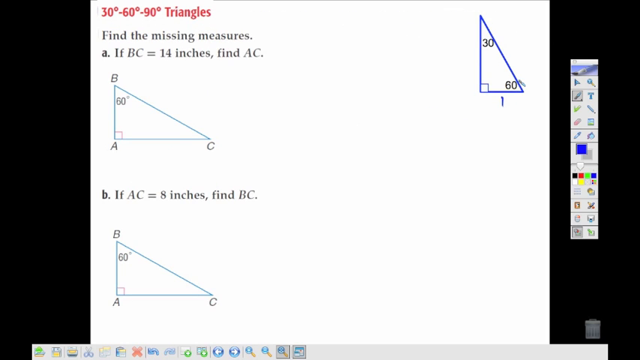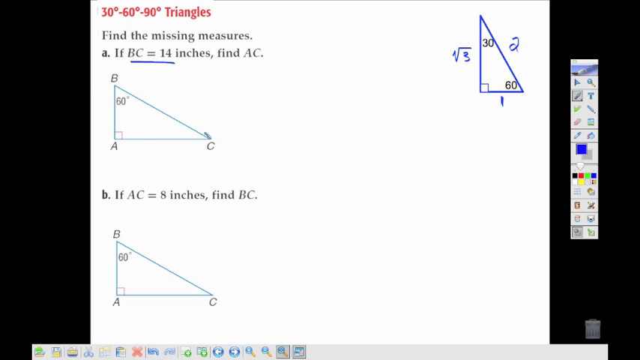So it's a good idea when we're solving problems like this, first of all, just sketch a quick triangle. Remember the shortest side is 1, the longest side is 2, and then the other side somewhere in between there, square root of 3. And we just need to remember what we need to do to get from one part